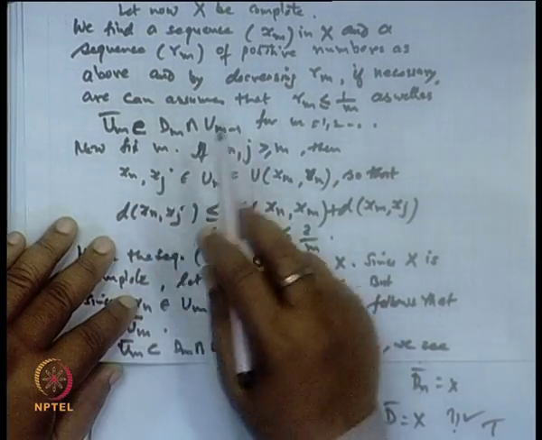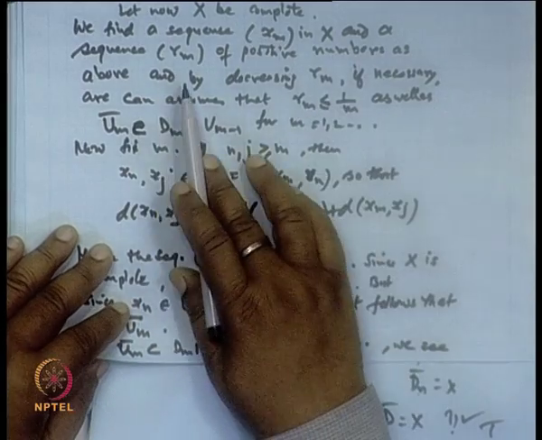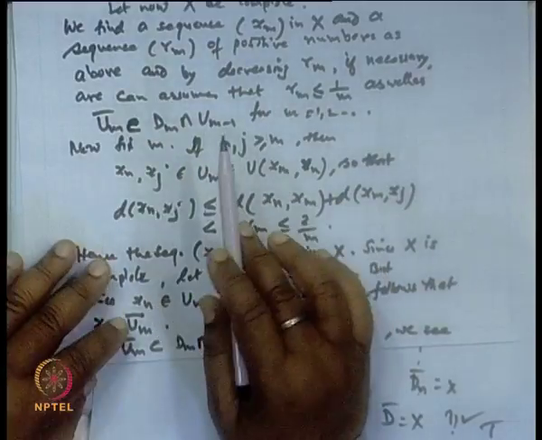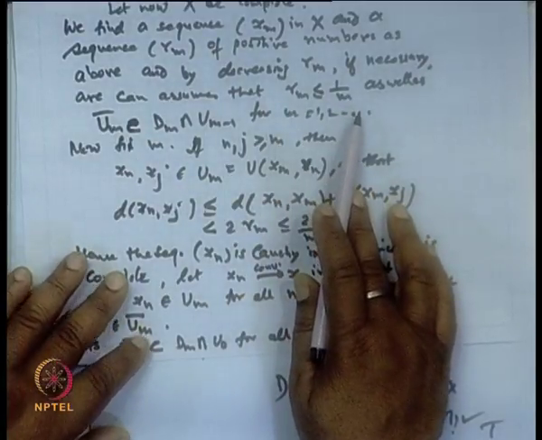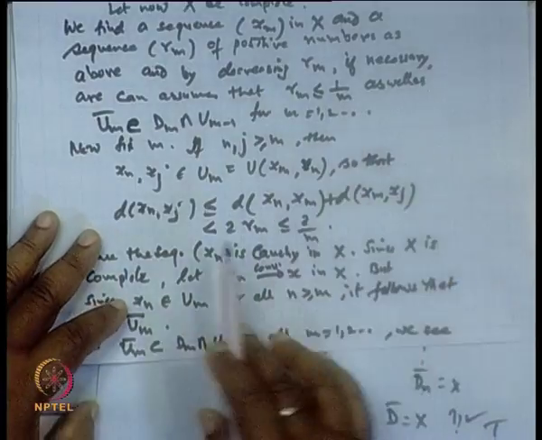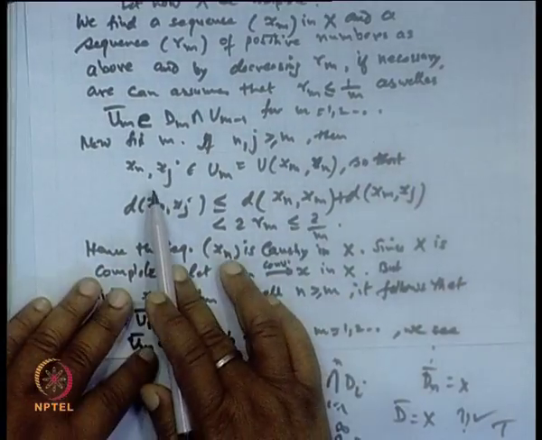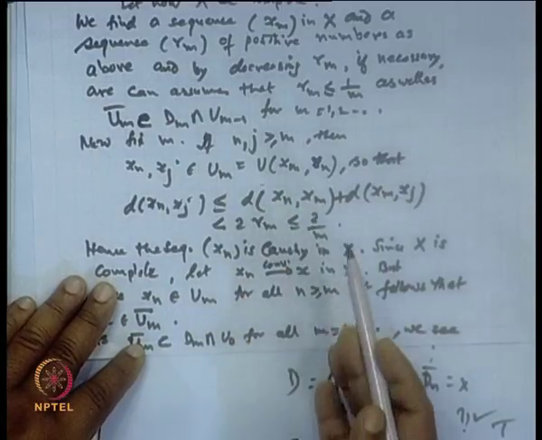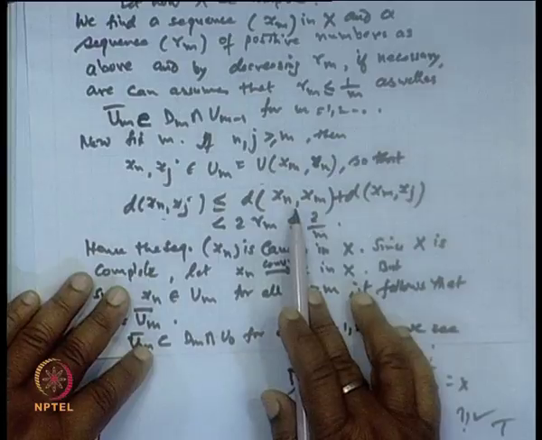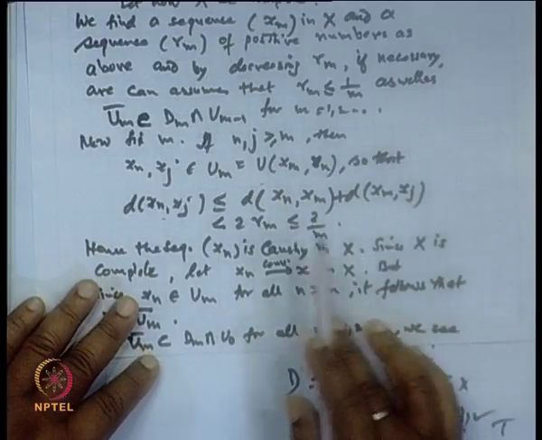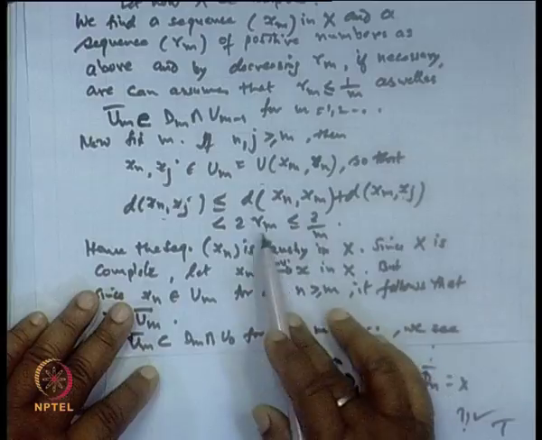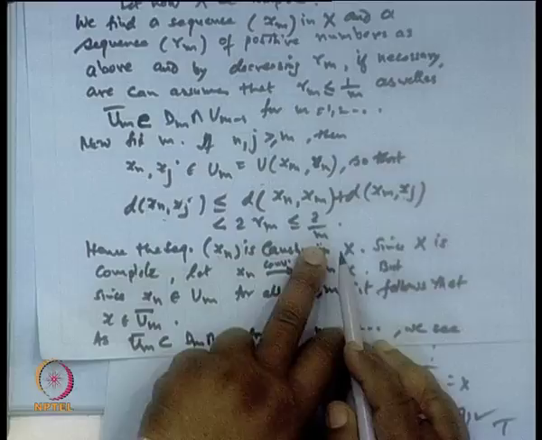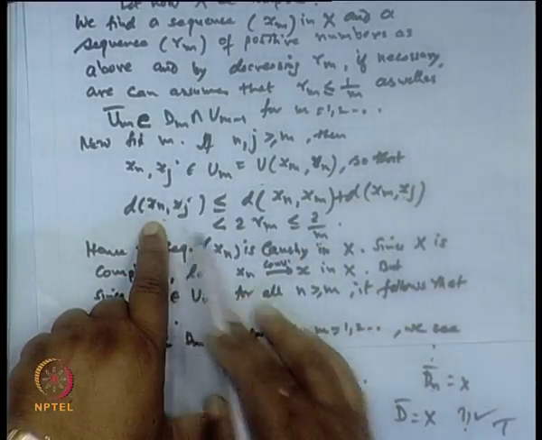Suppose it is complete, let us take a sequence x n and a r n, the same procedure as we defined, but it is of a decreasing nature, and choose r m such that it is less than 1 by m. Now, let us pick up the 2 points x n and x m in the ball centered at x m and radius r n. Then what is the distance? This is d(x n, x m) plus d(x m, x n). Now, this is less than r m, this is less than r m, so 2 times r m, and this will be less than 2 by m. So, when m is sufficiently large, this distance is tending to 0.